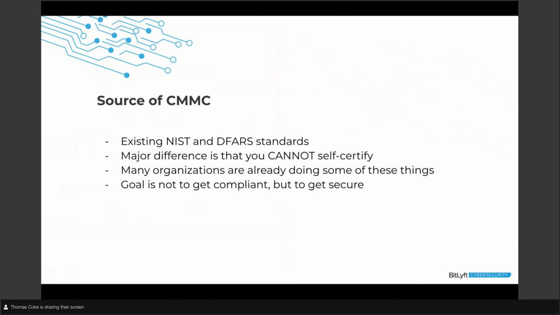Many organizations are already doing most of the things that are required under CMMC, or they're pretty close to doing them. Some of the feedback that I heard early on was, oh my gosh, this is going to break my budget. I'm going to have to do a whole bunch of gymnastics to get this up and running. The reality is that's not true. A lot of organizations were already doing a good job of this, and meeting some of the requirements, and they simply have to tweak and tune a few things, upgrade a few things here and there.